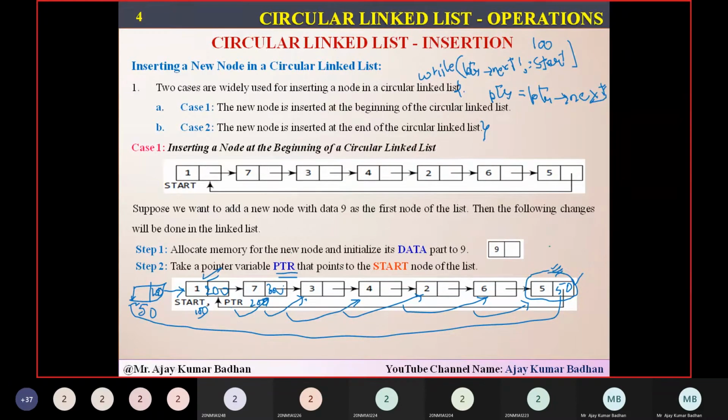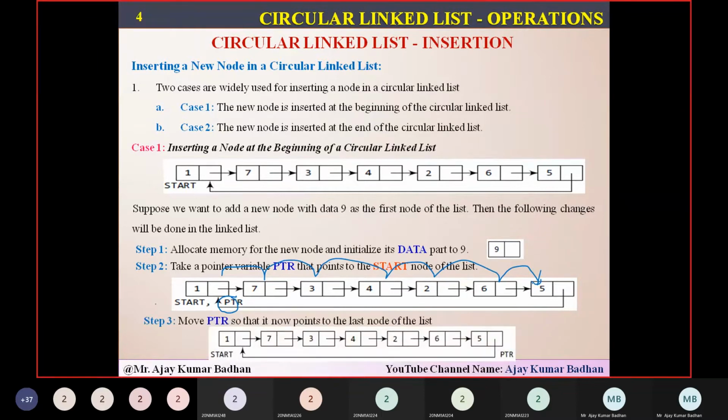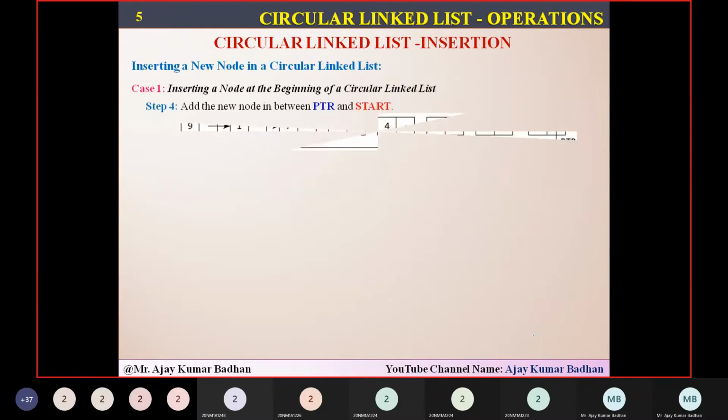Okay, fine. I'll explain this on the dashboard so that you people can become familiar with it. Here you just understand how exactly it is working. First thing I have to do is get a pointer here. This pointer will be traversing one node after another and it will reach the last node. After it reaches the last node, you can see the pointer has reached the last node. So what we have to do here is simply insert a new node.